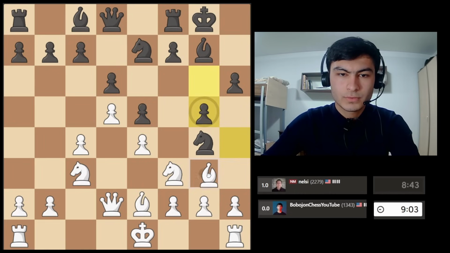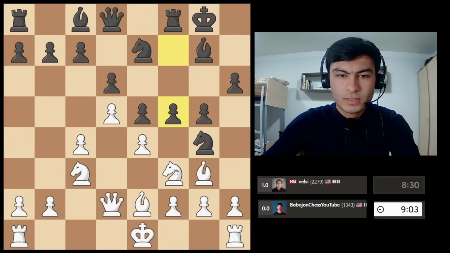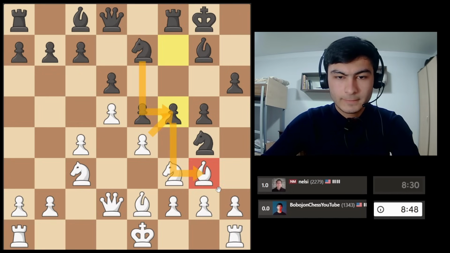Okay, he pushes. I'll go here and then push and attack this knight. Knight will come back. Taking this knight also looks good. Taking this knight, pawn takes, and I'll take. He's protecting. Okay, that's very good. If I take with the pawn, he'll take with the knight and attack this bishop. Again, he just wants to take this bishop, but